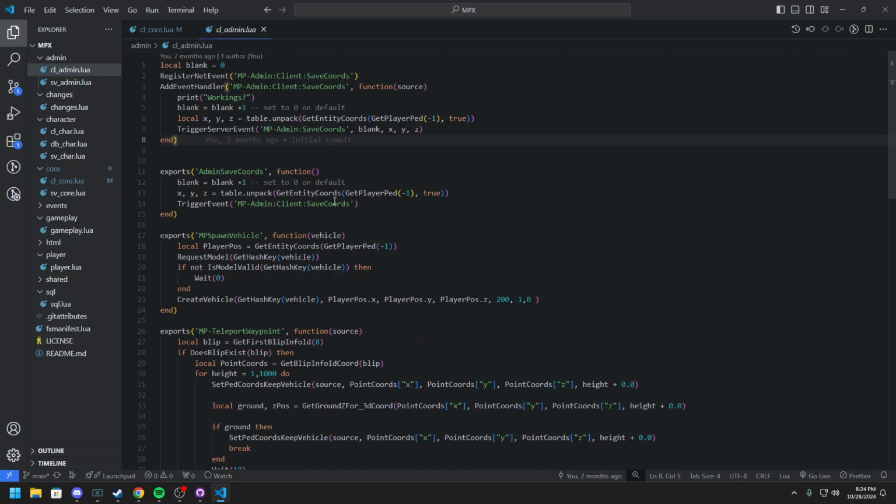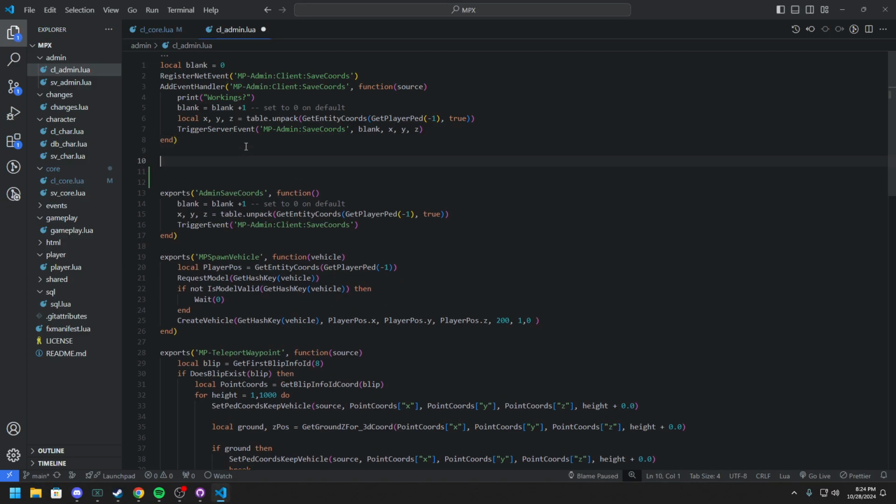Okay, so we sort of already did it here, but it's very simple. We have a register event. You're going to have client side and server side exports. These can only be used on the client side or server side of where you're trying to call it, so just keep that in mind. For this one, say we have this admin save coords, and you can see we already did it. If we wanted to change this to exports,